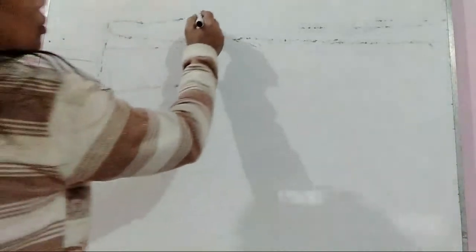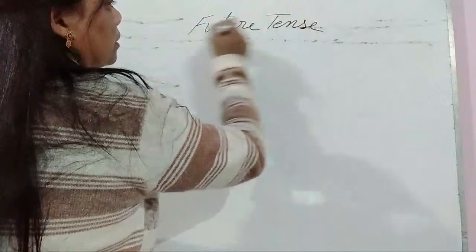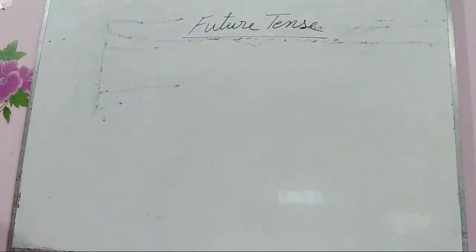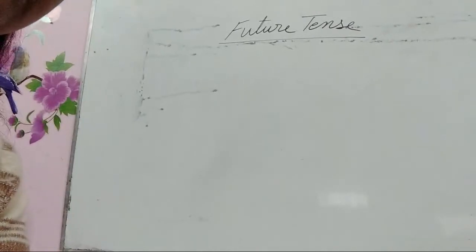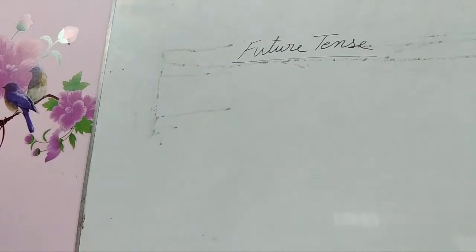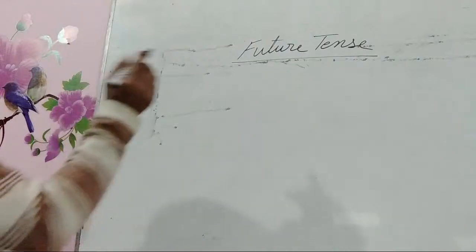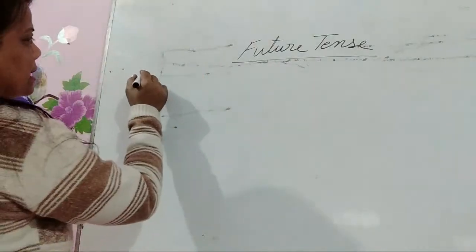So students, as I told you, today's topic is future tense. Let's see the formula for future. Here in this future tense, we are going to see the four kinds of future tense, that is